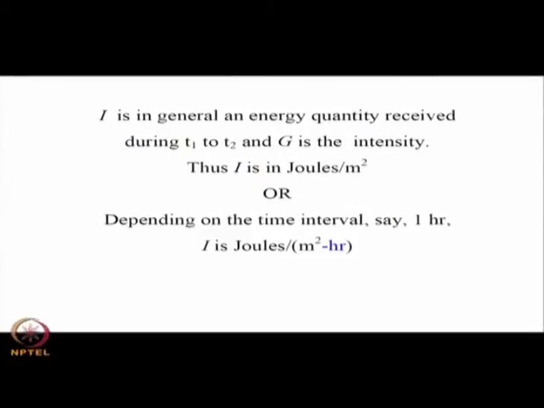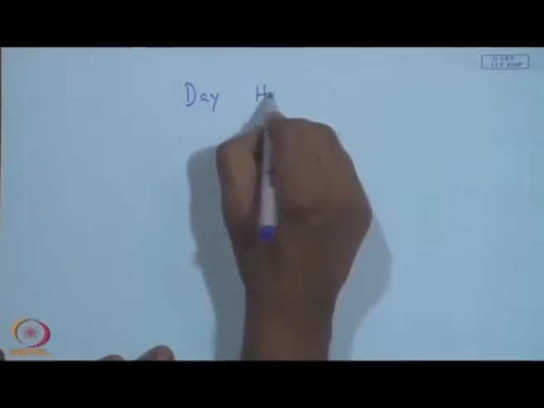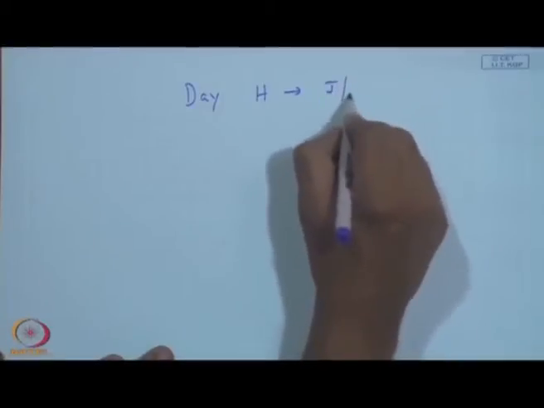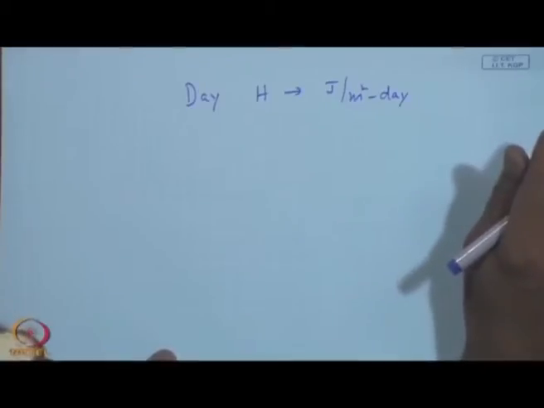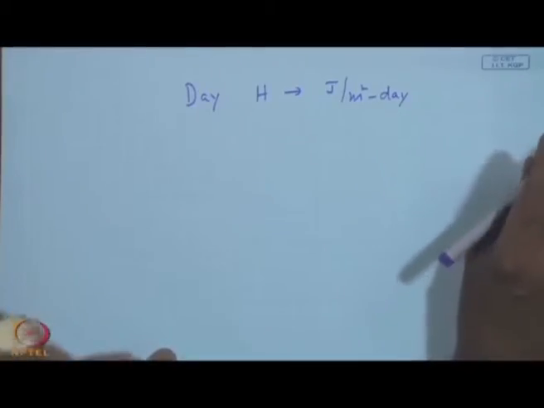So, that is exactly why I highlighted that hour in color, it is so many joules per meter square hyphen hour. So, if I have for an entire day, generally indicated by H, so many joules per meter squared day. So, depending upon the chosen period of time, I will put that hyphen with a clear understanding. I can't multiply with the number of days or hours to get a total, but I have to sum up for different days.